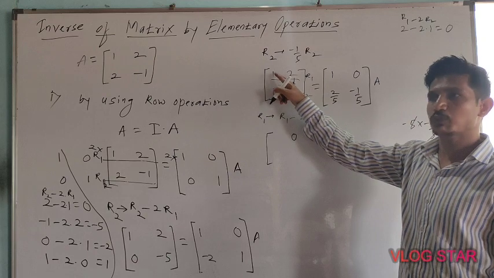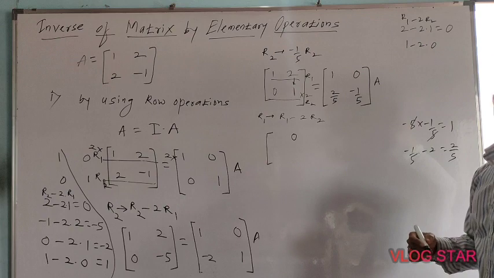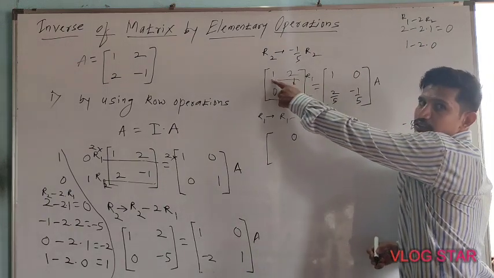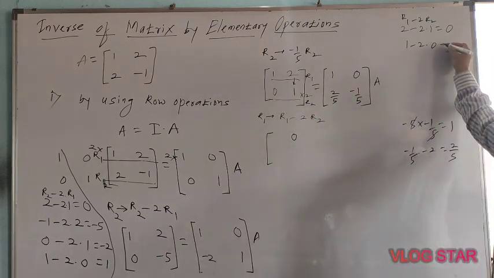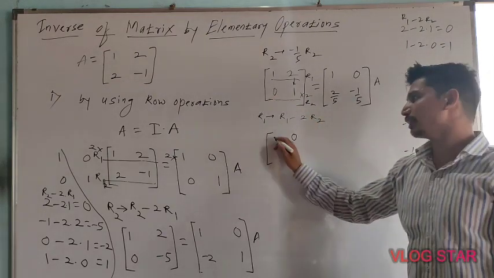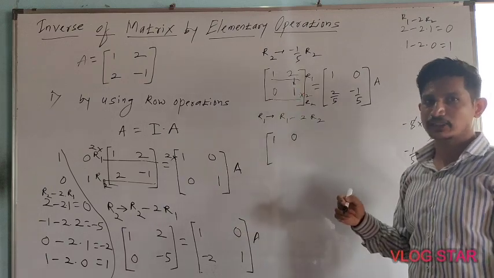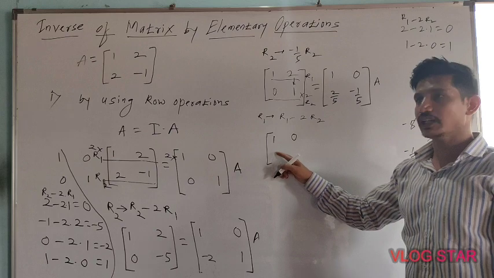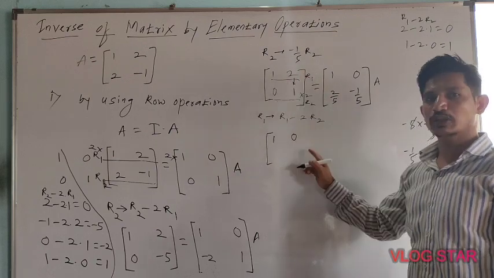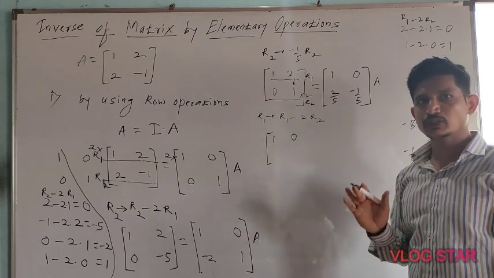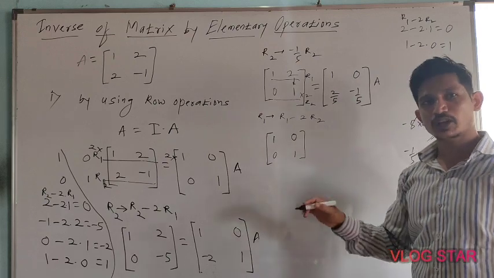Now here in this R1, this also is there, no? 1 minus 2 into 0, because in R1 1 also there. So 1 minus 2 into 0 is 1. So this is 1 as it is. Why is it coming 1? Because I want your identity matrix, so this should be 1 only, and this should be 0. So 1 and here 0 came. The second row I am not changing, so the second row is as it is, 0 and 1.